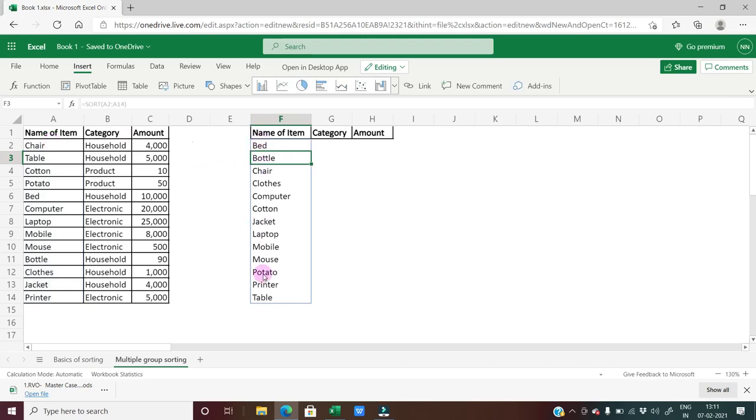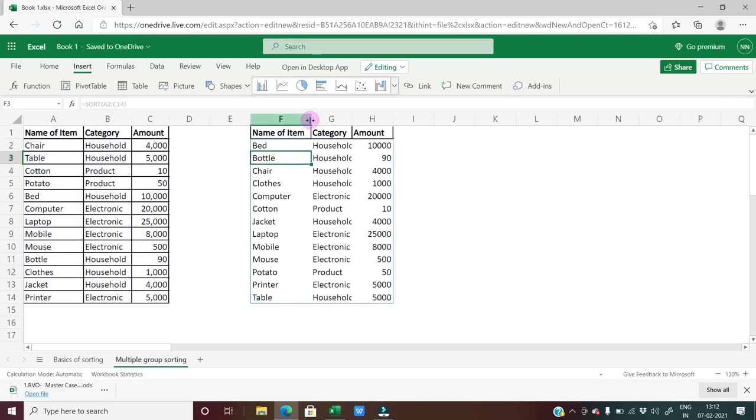If you can see, this is already sorted in ascending order, like B is coming first, then C, then J, and it ends up at T. So this automatically gets sorted in this fashion. Now if I want to sort the entire table, this table has three headers, which are item, category and amount. If I want to sort all three, how can I do it? I can do it by putting the same formula sort, and in the array I can use this entire area. If you note this blue area, this is the entire area that I am selecting here, and I am just pressing enter.